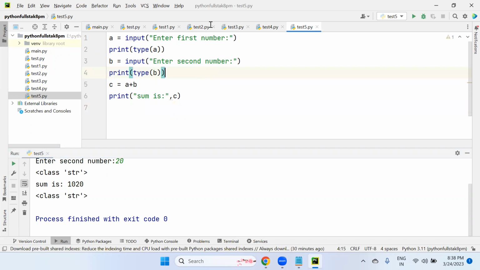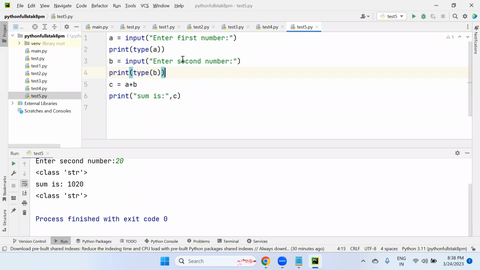Okay, what is the problem? Especially the values which we accept at runtime, all values by default are treated as string format. But according to your convenience, you have to convert from string to integer if you want to add integer numbers. So, typecasting. Implicit typecasting is not possible. Implicit typecasting means internally, automatically the string would be converted into integer, but that cannot happen. We have to convert as a programmer.